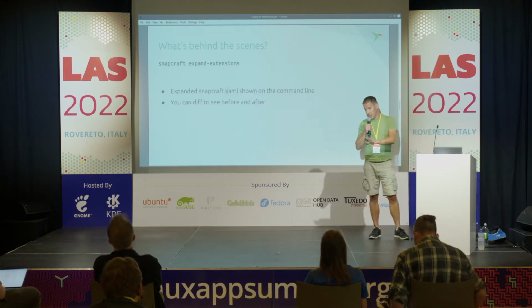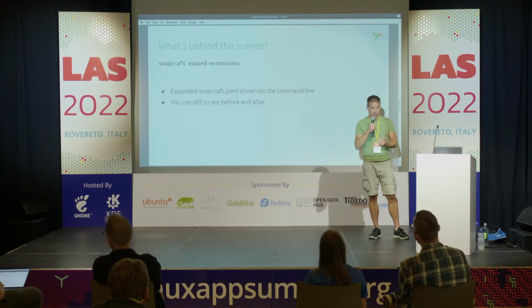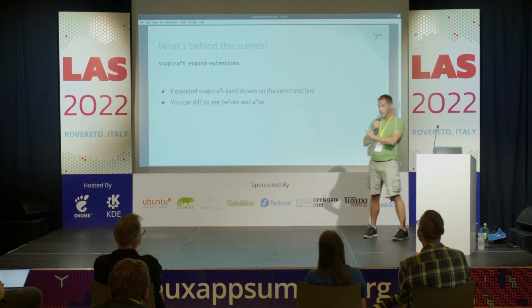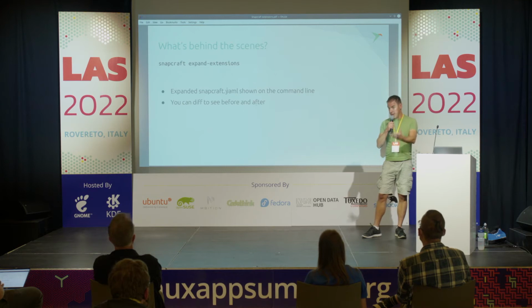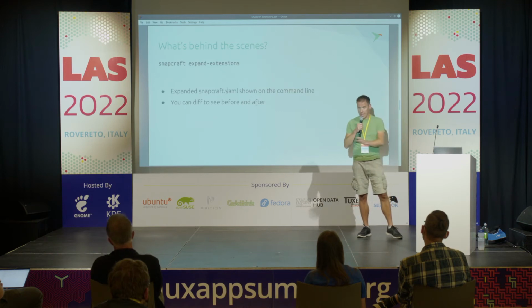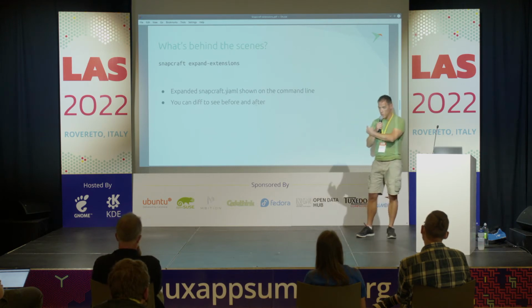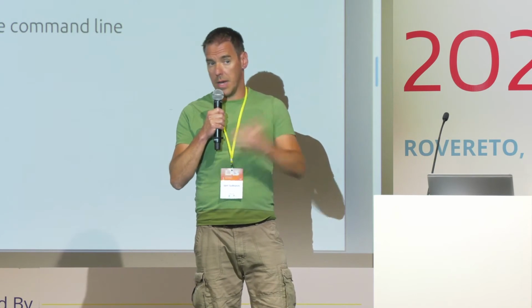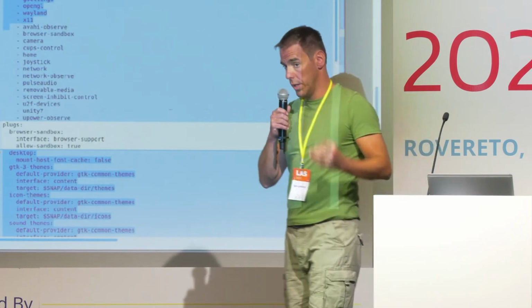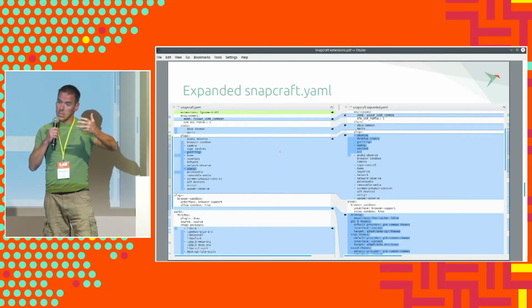So we know the magic, but then half of the magic, no, three quarters of the magic is knowing what's behind the trick. And you can actually see exactly what an extension does by expanding it. And you do this through the command called expand-extensions. So basically on the command line, you run snapcraft expand-extensions in the project folder where your snapcraft.yaml file lives. What this will do is print on the command line output an expanded version of your YAML. So you can just pipe it into a file, and then you can do an actual side-by-side comparison between an extension snapcraft YAML